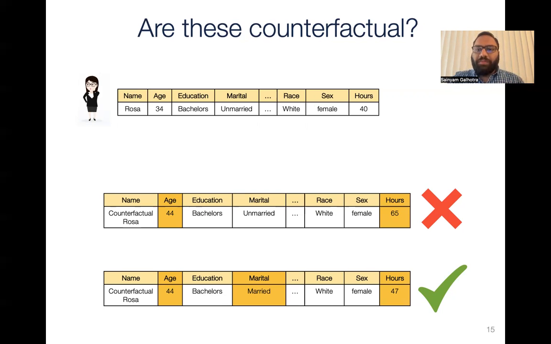This instance, which prior techniques call counterfactual, is actually not counterfactual, but it's a contrastive instance because it shows a contrast between the input instance and the current instance, where most of the attribute values are similar, but some of the attributes are different. And this contrastive instance can never be generated from the input instance, which is that of Rosa. And this is the key distinction between contrastive and counterfactual instances. More formally,